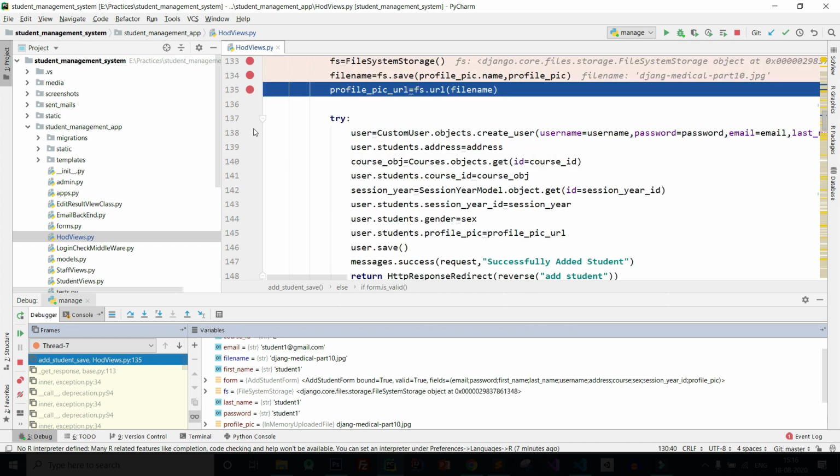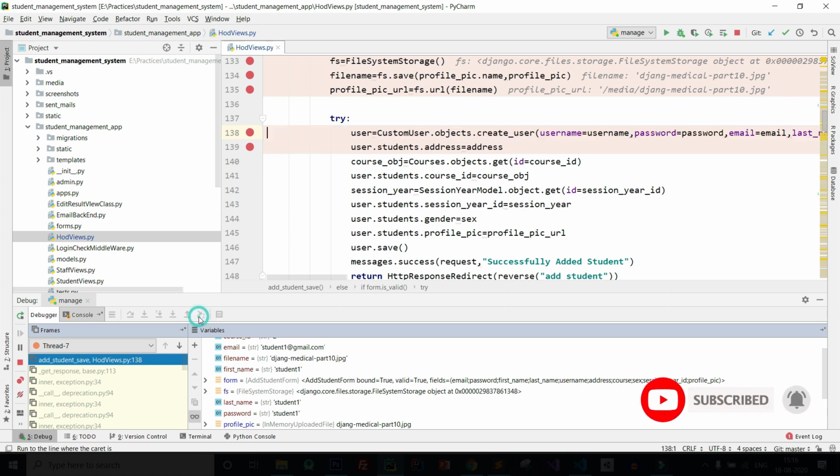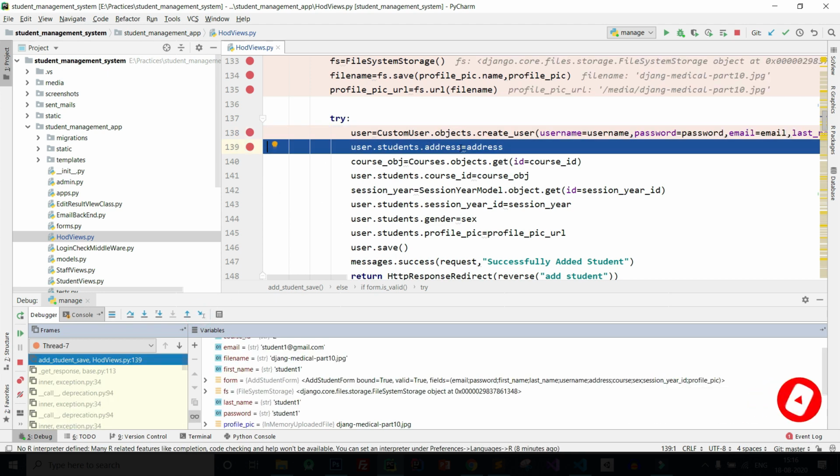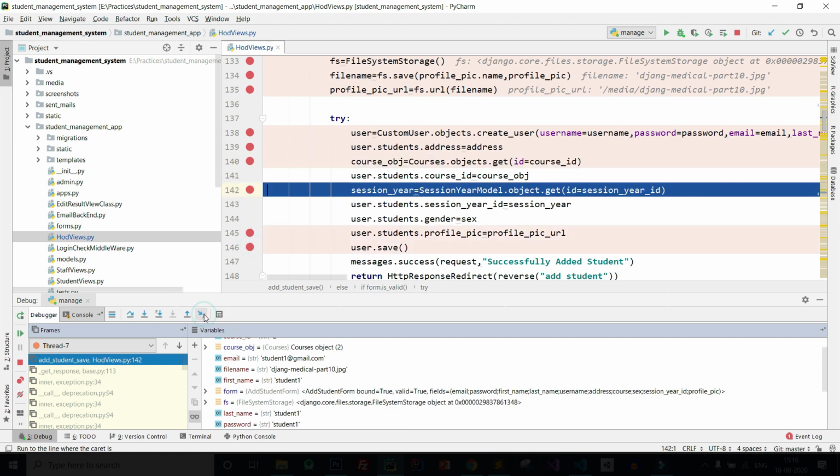You can see everything is working. Also, if I add here, it comes here. Then again I add here, and you can see it comes here. If I click on this, it goes here. Again, let's add more breakpoints.